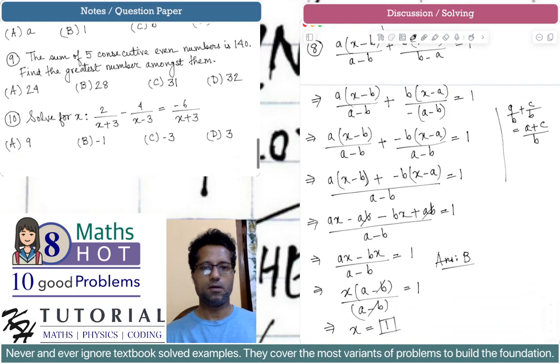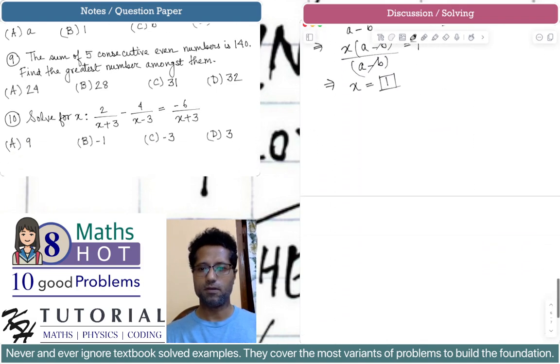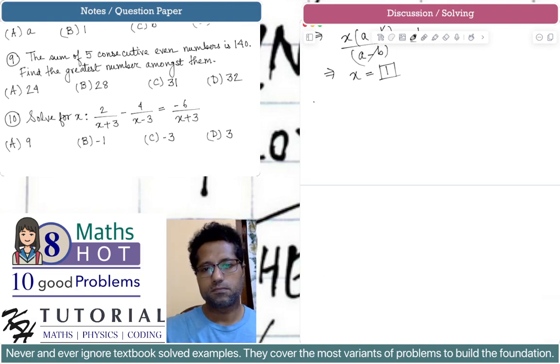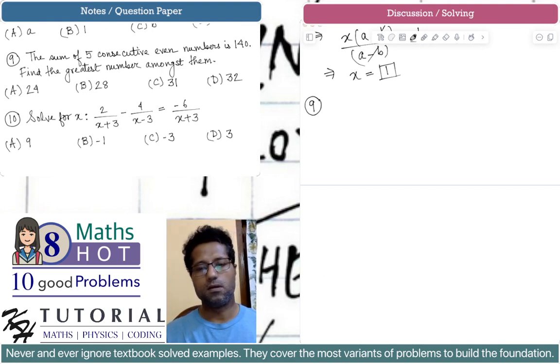Okay, let's do problem number 9. It says that the sum of 5 consecutive even numbers is 140. Find the greatest number amongst them. So it is talking about 5 consecutive even numbers. Okay. So if we consider, let smallest